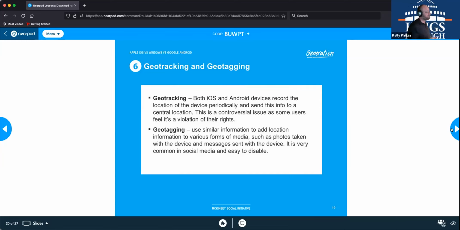If you have any retail apps like Amazon or Home Depot, Sears, JC, whatever, they may track you as well because they want to know if you're near one of their stores, or they want to know if you're going to one of their competitors so they can better advertise to you to see if they can encourage you away. So that's geo tracking. Then you have geo tagging,